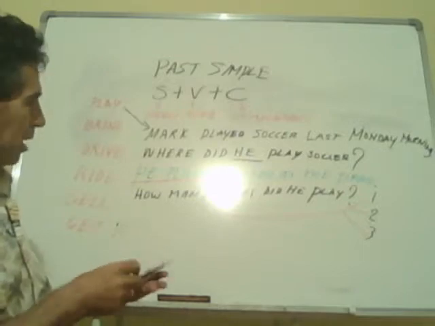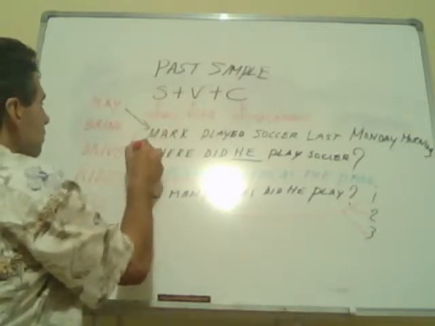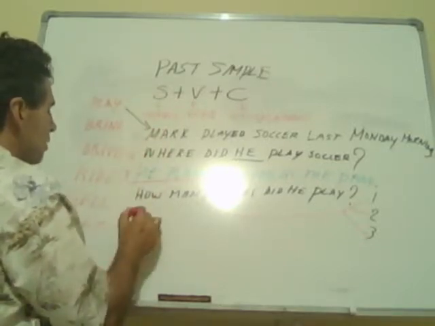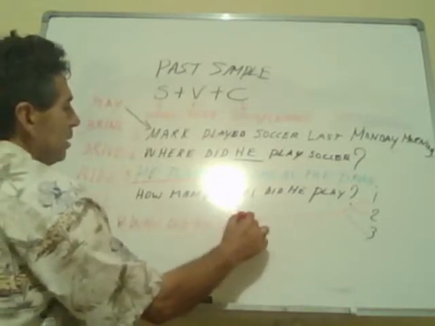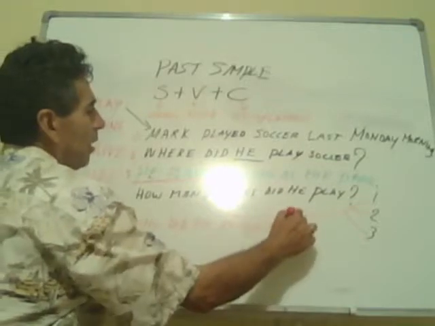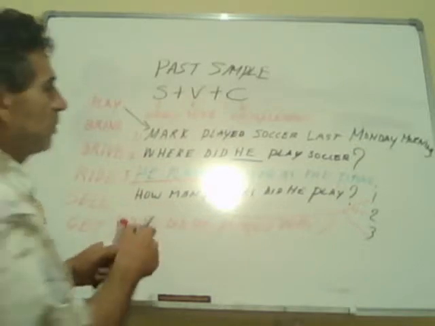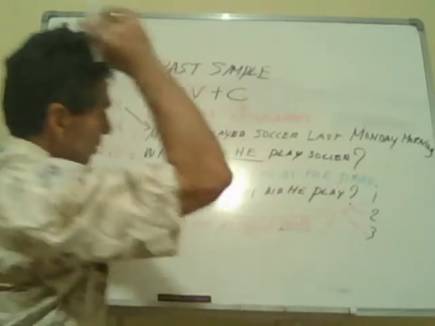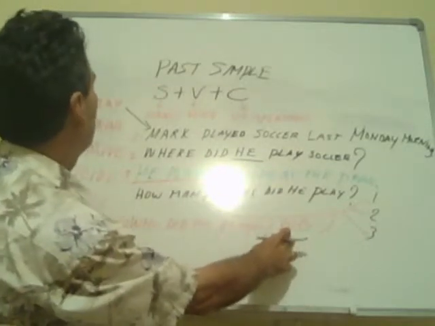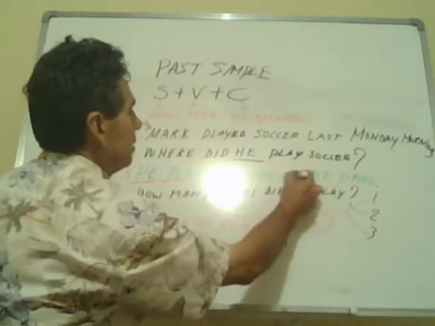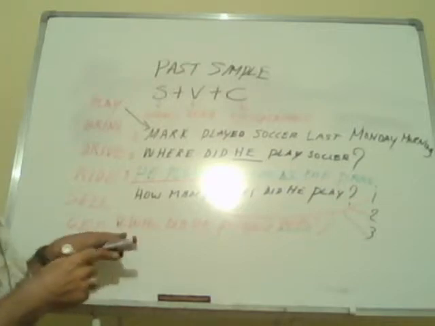You can say, for instance, who did he play with? This is 1 question, 2 questions, 3, 4. The next one is, who did he play with? You see? I'm using prepositions. These are called prepositions. With, oh yes, at is another preposition right here. See? Okay, the answer to this question would be,